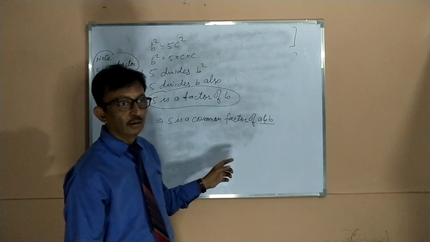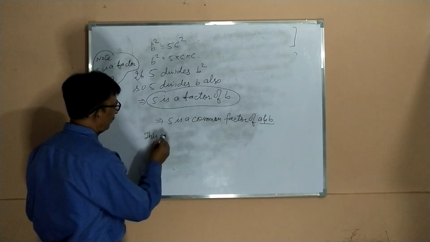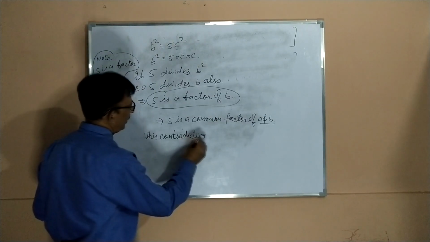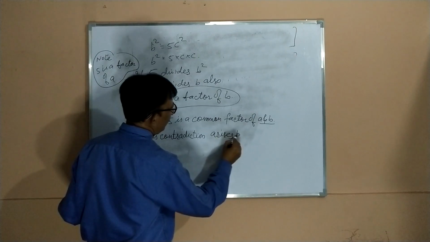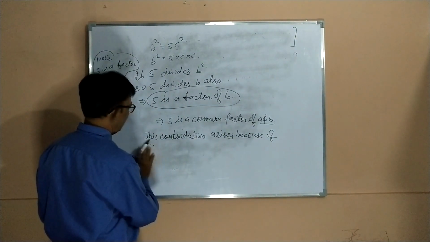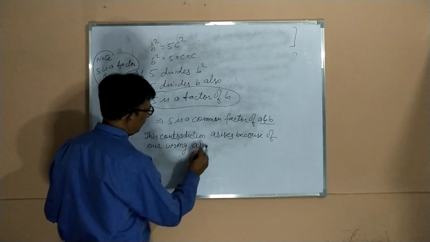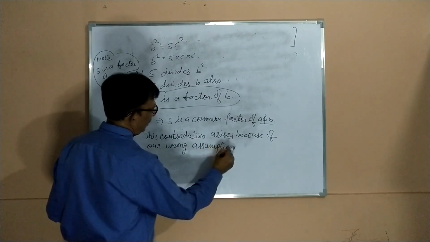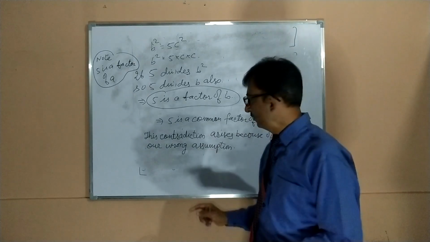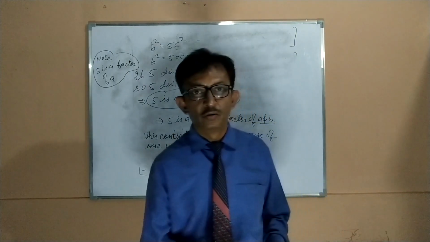1 के अलावा एक और फैक्टर आ गया, कॉमन फैक्टर, दैट इज 5. ये क्या हुआ? What happened in this one? This contradiction arises because of our wrong assumption. हमने सपोज कर लिया था a and b आर a अपॉन b इज रेशनल नंबर, और यहां आ गया a and b के एक और फैक्टर अदर देन 1, दैट इज 5. क्यों हुआ ये कंट्राडिक्शन अराइजेज? ये विरोधाभास क्यों हुआ? क्योंकि हमने सपोज ही गलत कर लिया था. We wrongly supposed it is.